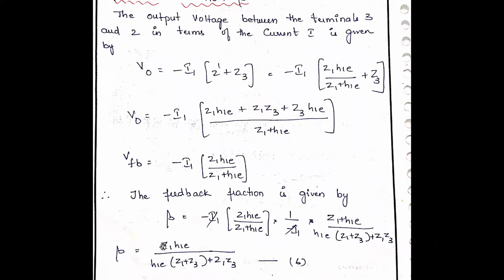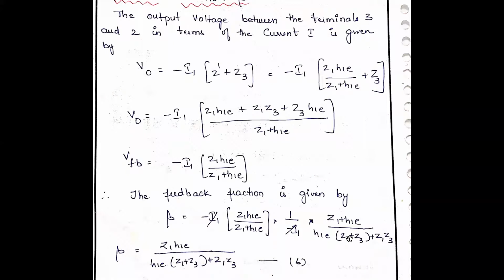Okay, so what we are doing, beta is nothing but feedback voltage by output voltage. So we are dividing this by this. This by this means this one as it is we are taking, divided VFB by V0. By V0 means I can take reciprocal of V0 and multiply. Both are same, isn't it? X by Y is nothing but X multiplied by 1 by Y. Okay. So V0 we are taking reciprocal, multiplying with VFB, that will give us VFB by V0.